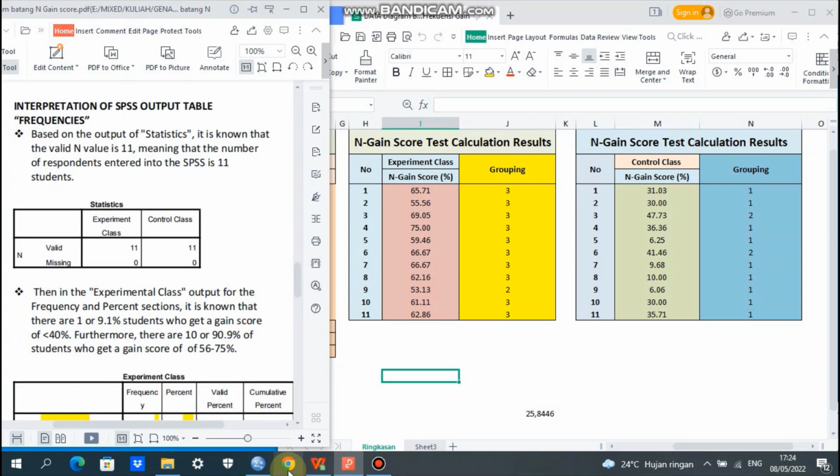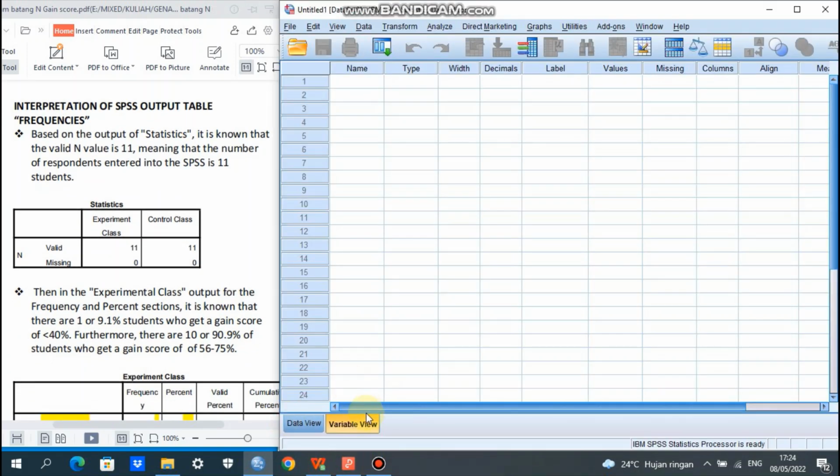Okay, we go to SPSS here. We go to variable view first.